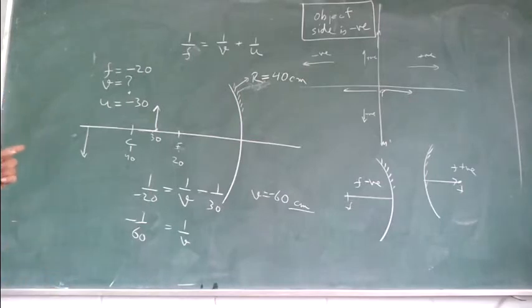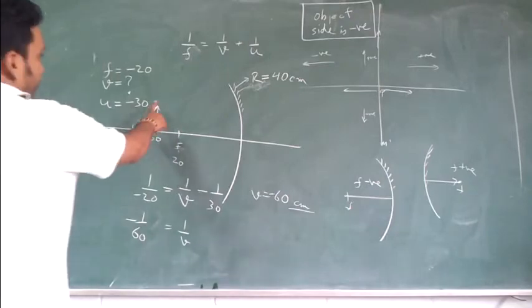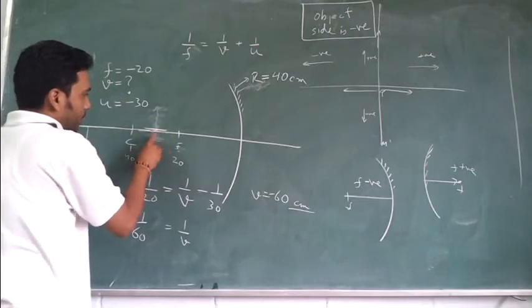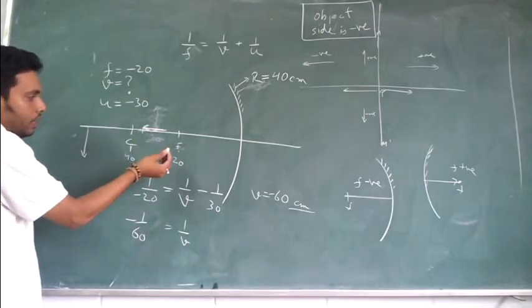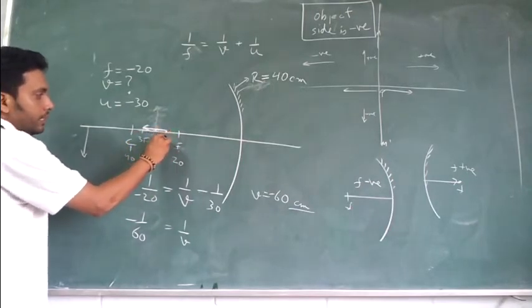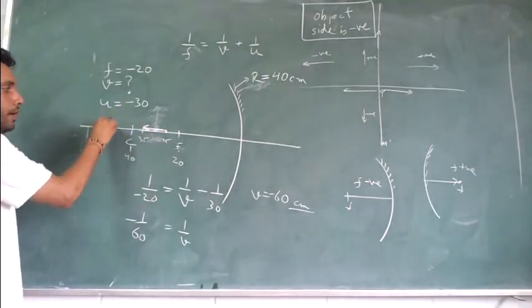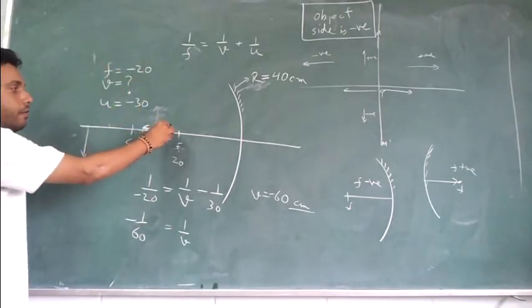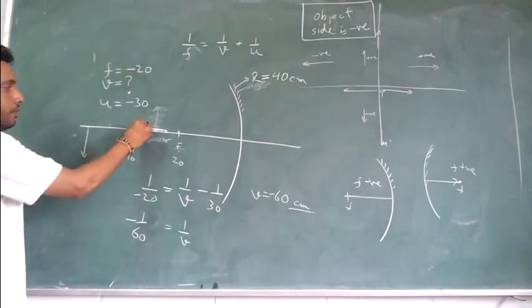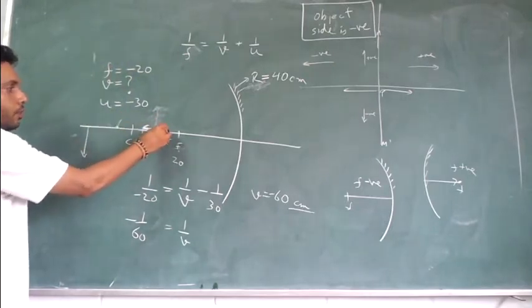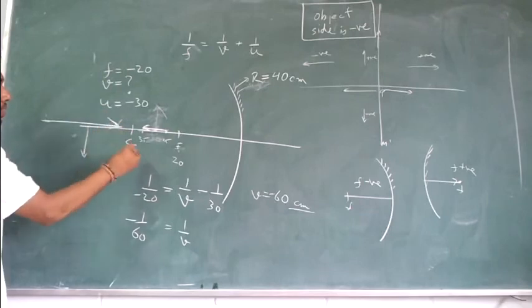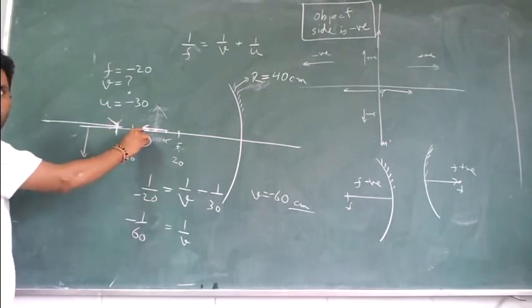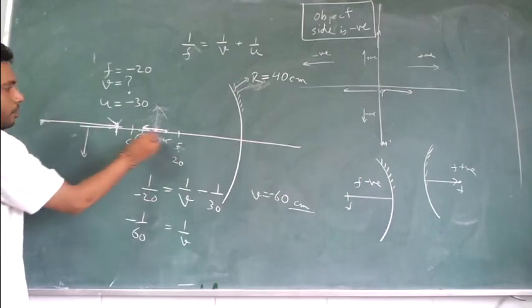Now the formula you were applying was for when the whole object is at 30. But if I say that it is lying like this, what will happen? Suppose this is at the 35 mark and this is at the 25 mark. This will be formed according to the formula and that will be formed according to its own formula. So this will be formed somewhere here nearer to C, and this, which is nearer to F, will be formed somewhere over here, and such a big image will be formed. So this distance will be formed using 35 in the formula and this end will be formed using 25.